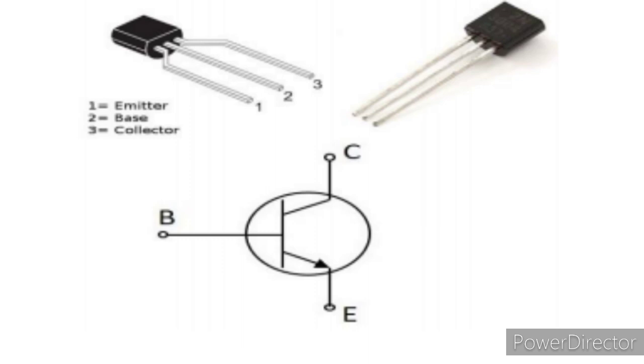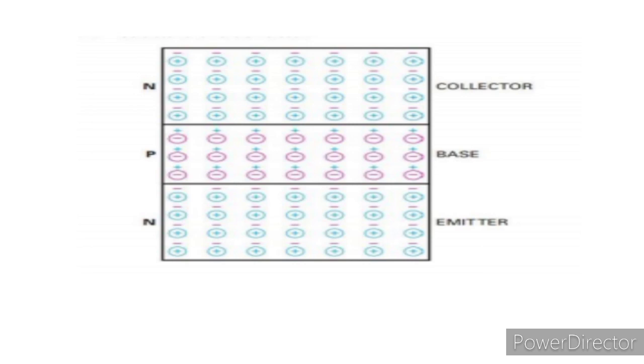The NPN transistor is made by placing a P-type material between two N-type materials, and the PNP transistor is made by placing an N-type material between two P-type materials. BJT is a current controlled device. A normal transistor, which we had discussed in the previous chapter, comes under these categories. Their functionality, configuration and application are all the same.